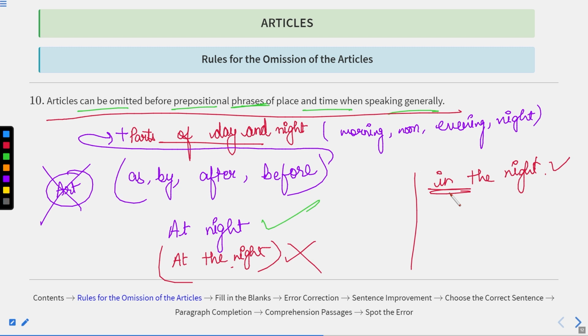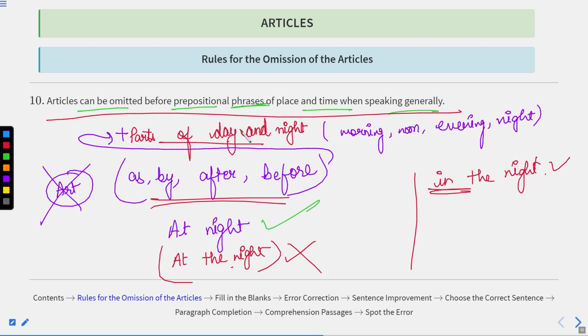In the night is correct, at night is correct, but at the night is not correct. In the evening is correct, but if I say after evening or after the evening, that is incorrect, whereas after evening is correct. Before evening is correct, before the evening is incorrect. So if I use any of these prepositions before any part of day and night, we cannot use any